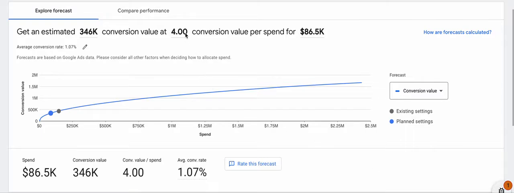We had a 400% return on ad spend break even, and using our average conversion rate and that 400% ROAS target, you can see that we can drive about $350,000 in revenue with an $86,000 investment. This is looking at one Performance Max campaign. You can see on this curve, there's a lot of upside by lowering your ROAS target and increasing your investment and your subsequent revenue. But using this calculator is going to help you find that optimal point to maximize your